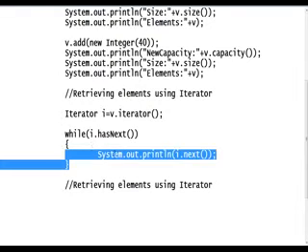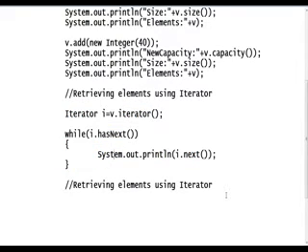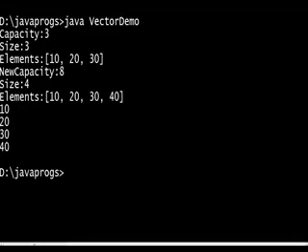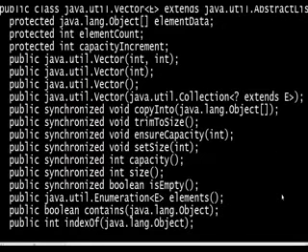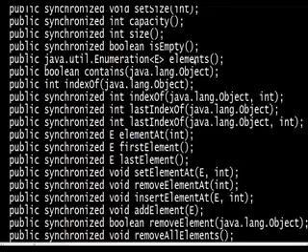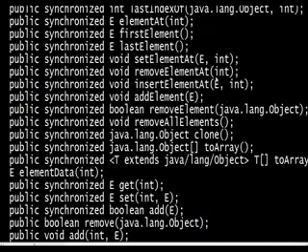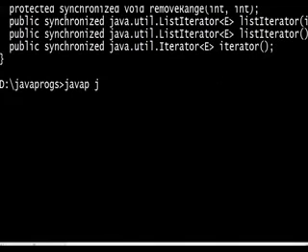Okay, we can delete also. v dot, if I write i.remove(), that element will be removed. This is what? Enumeration. We have an enumeration object. What is an enumeration object? I want to check the enumeration. Let me check it. Take the Vector class. If I take the Vector class, we have an enumeration object. This is an enumeration object, guys. If you call the elements method, an enumeration object will be created. How to call that enumeration object? What is the Enumeration object or interface?